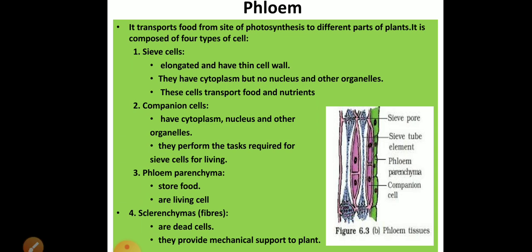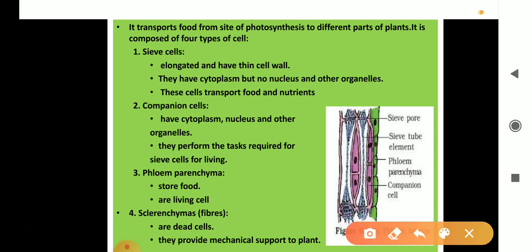The first conductive tissue is phloem. Now see, let us look at it in a little more detail. Actually, you have already studied this in 9th class, so this is for revision. Now see, phloem transports food. It has four main types of cells. First is sieve tube, then companion cells, phloem parenchyma and sclerenchyma fibers.